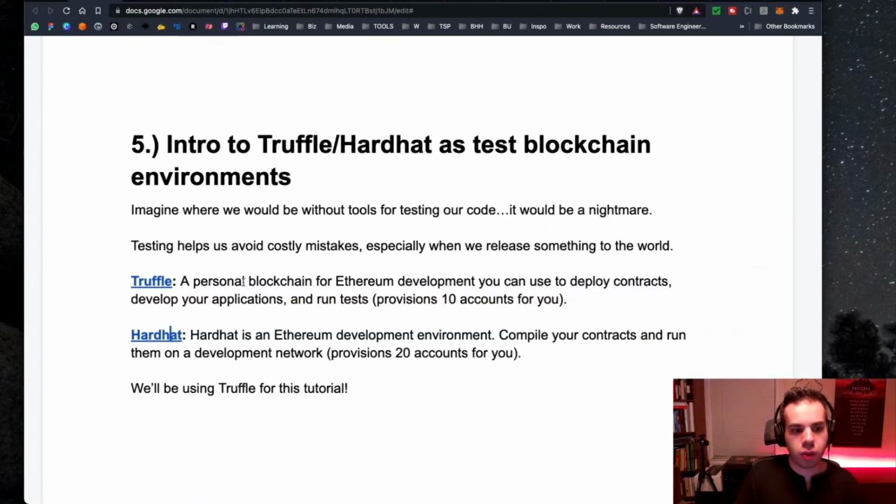So again, we're going to be using Truffle in this mini series, but of course, feel free to experiment with both and find how you might be liking one over the other. Truffle allows for a lot of customizations, and I'm more used to it, so I like that type of development environment. But Hardhat also is really good. Sometimes it's a little bit faster if you wanted to just spin up your Hardhat instance and then start working from it. But both are sort of just different flavors. It depends on what you're looking for and how that can help your dApp development and your overall goals as a blockchain engineer and developer.